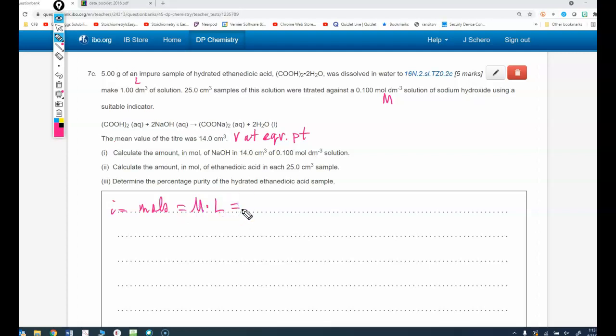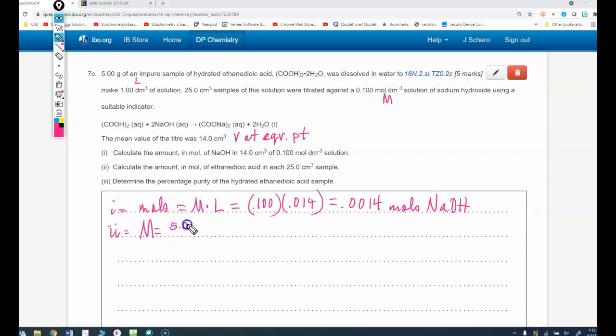So we are going to do molarity 0.100 times liters, and remember to change our 14 centimeters cubed to liters. So I'm going to get 0.0014 moles of NaOH. And then part (b)(i) is going to be calculate the amount in moles of ethanoic acid in each 25 centimeter cubed sample. Okay, so first thing we have to do is find the molarity, and the molarity is going to